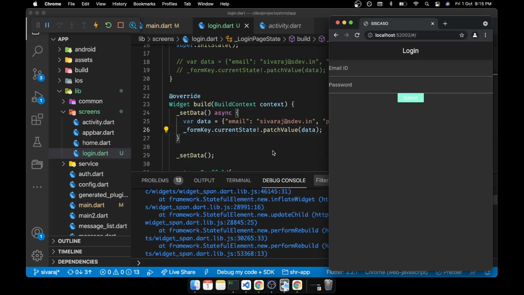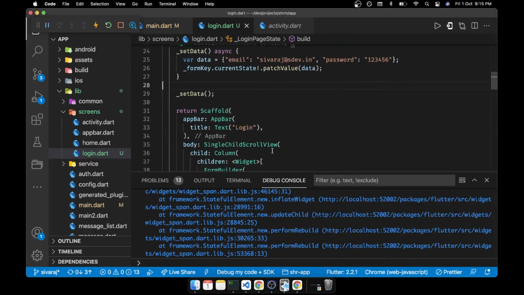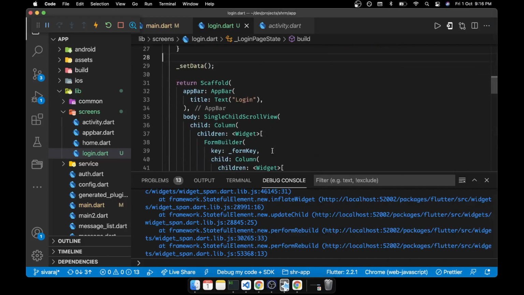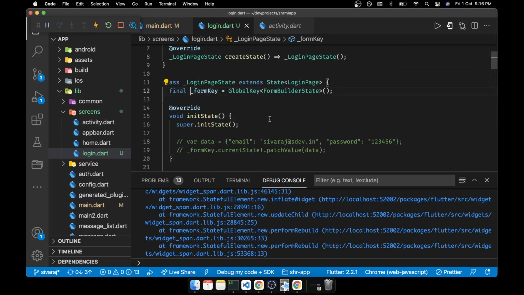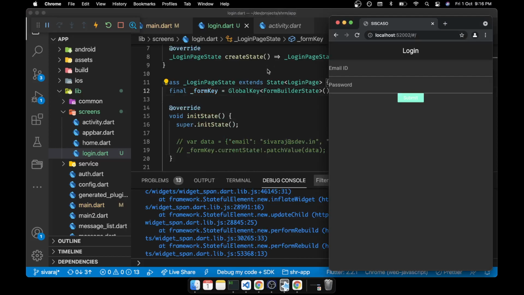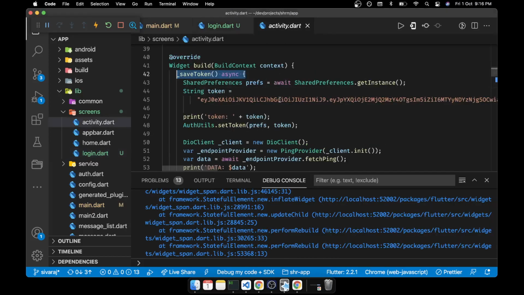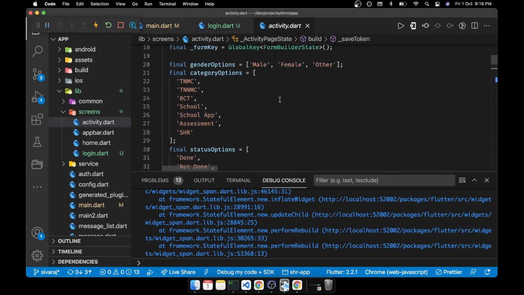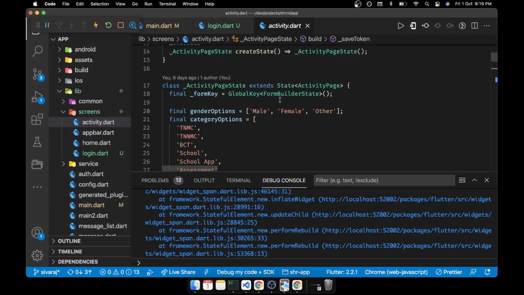Okay, so now the error is not coming, but where we have kept the final form key, in the activity page only.